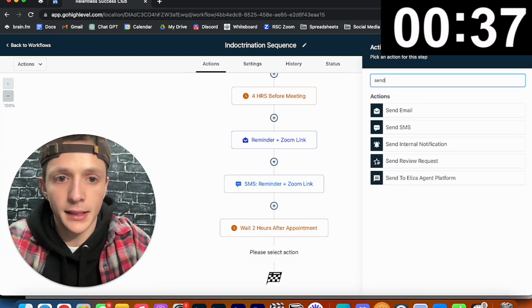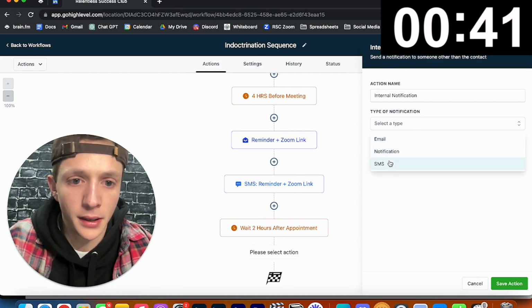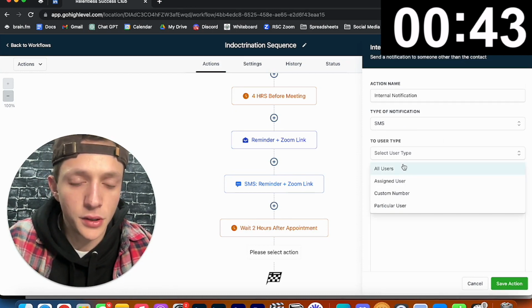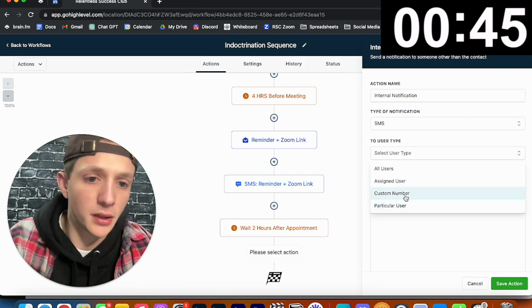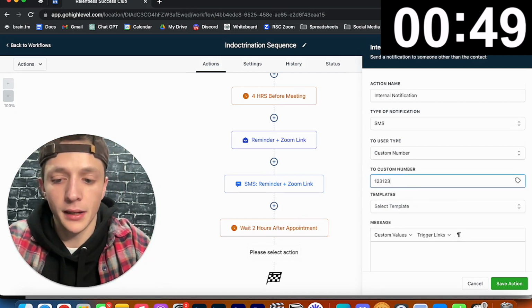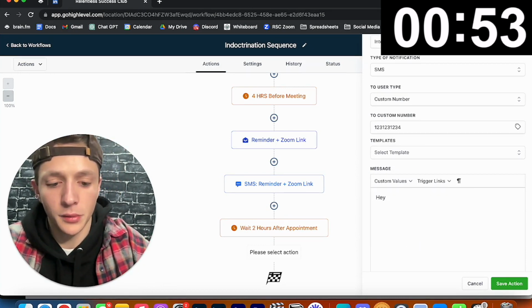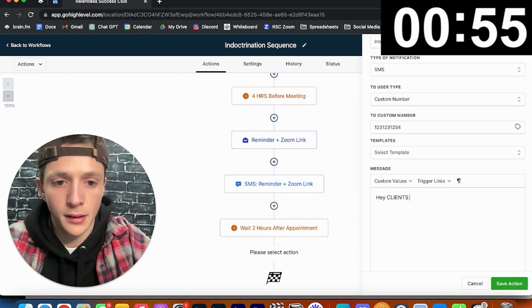Okay, so now the appointment's going to happen right around here, and then 2 hours after appointment, we're going to do send internal notification. Okay, select type, SMS to user. You can do custom number, particular user, or whatever. You're going to put your client's phone number in here. Okay, then you're going to do hey, and then you can put your client's name,